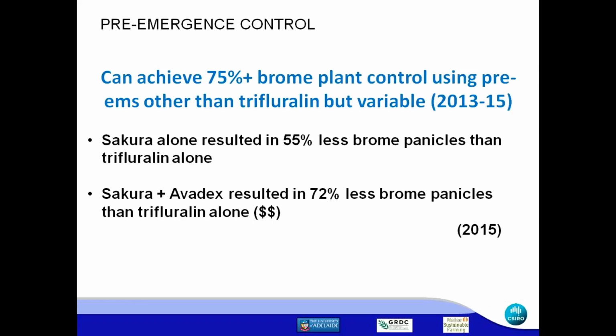So some of the work we've done on the sands in the Mallee with Chris Preston and others, you can achieve 75% plus brome control using pre-ems, other than trifluralin, which is a poorer option. Secura, for us at least, has worked reasonably well in most years, better than trifluralin, but Secura plus Avadex, as most of you will know, is the pinnacle in terms of control. We haven't found anything that betters that, but we haven't found any combination that's really more expensive than that either,